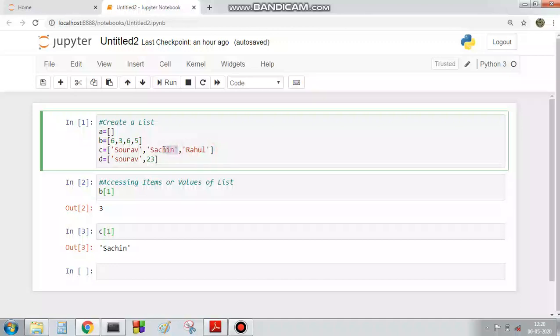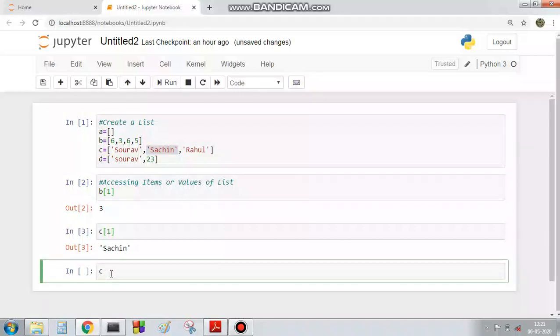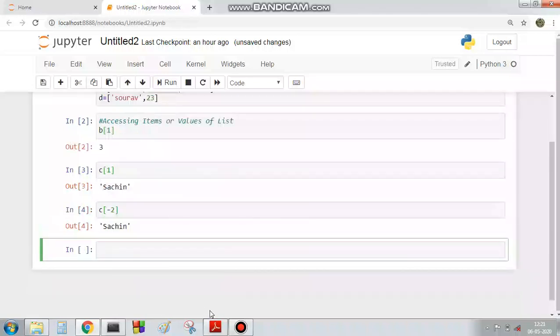So Rahul's index value is -1, then the index value of Sachin is -2. So if we put here C, then inside this -2, then this will again give Sachin.